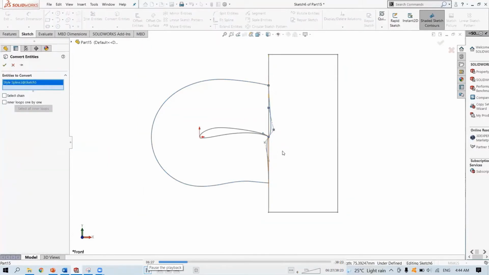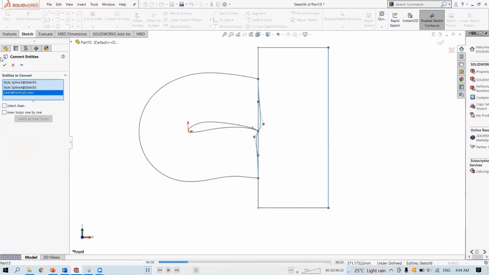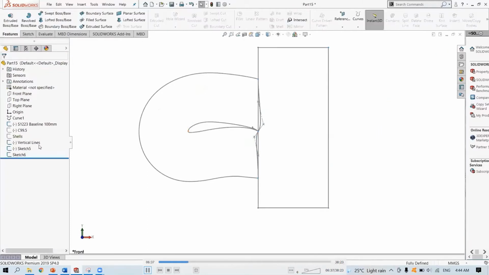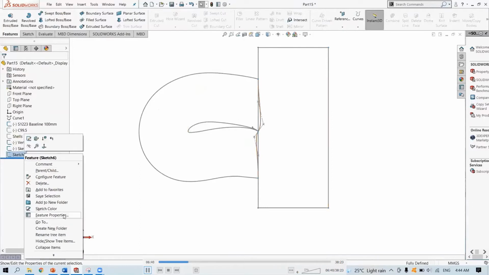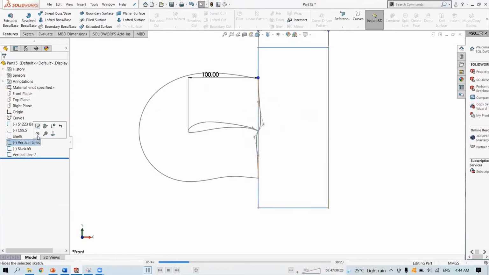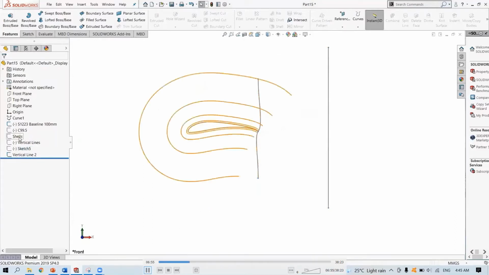Just convert the newly designed guide curves as well as the second vertical line. Just rename it as vertical line 2. Now it looks less messy. I can turn on the shells.